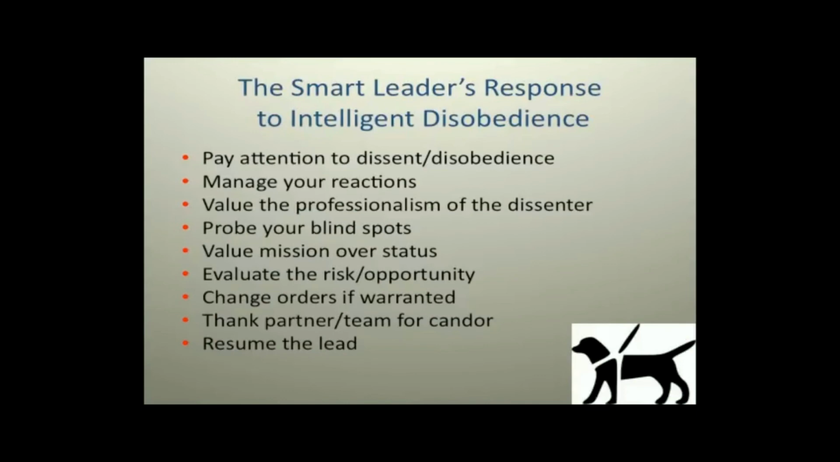The mission must always be more important than your own status. You do not lose status because you rescind an order that you gave, if it is right for the mission. So you evaluate the risk or the opportunity, because the dissent you're getting may be pointing you in the direction of an opportunity that you are not seeing. Change the order if warranted, but whether you change the order or not, thank the team member for the courage to have spoken candidly in dissent. If you do that, you will build a culture of intelligent